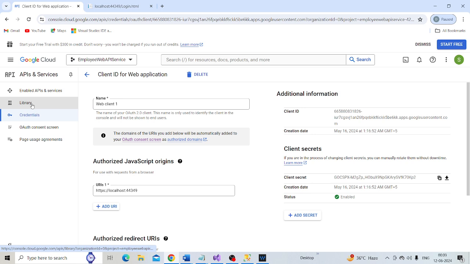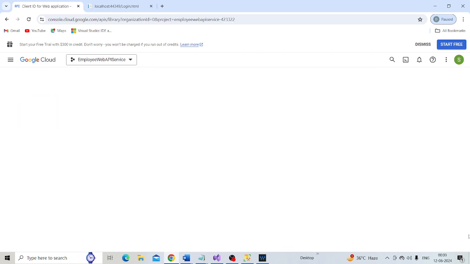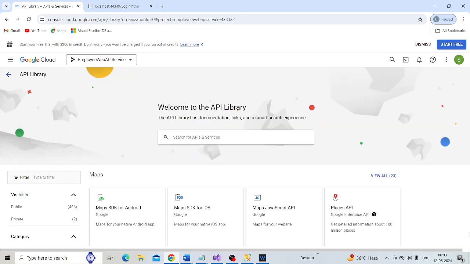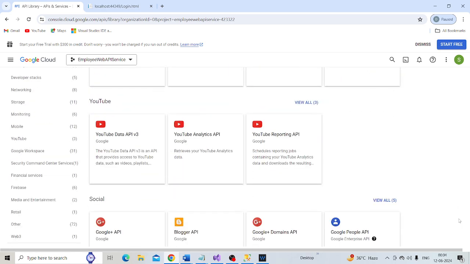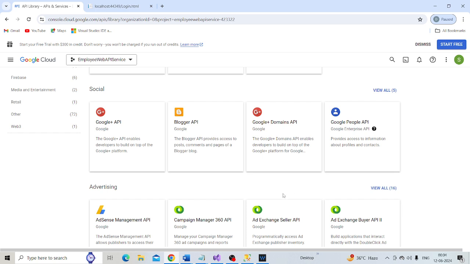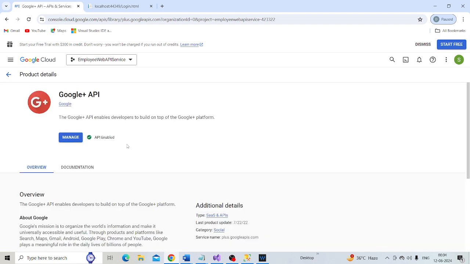So go to the library, and to enable the Google Plus API, scroll down. Here is the Google Plus API. If I click this, it shows Google Plus API is enabled.